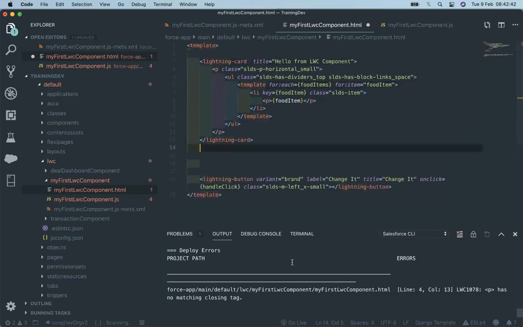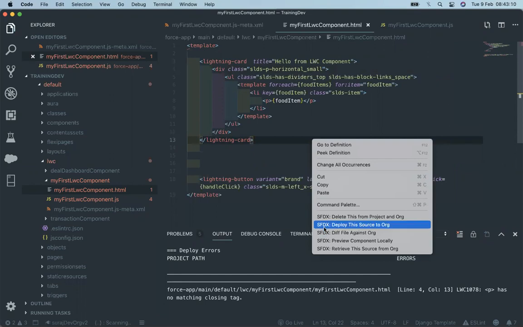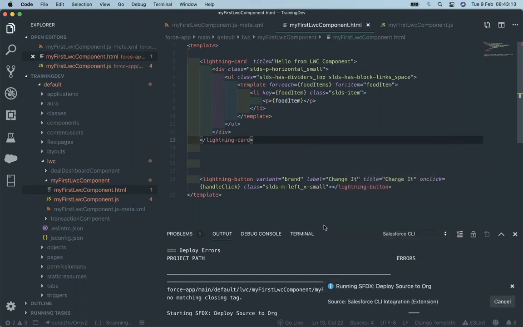Lightning card is also a starting and closing tag. I'm not sure. That's one.